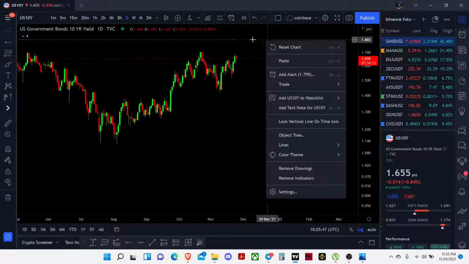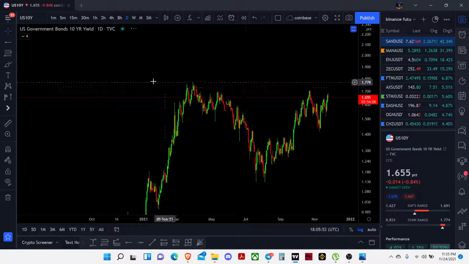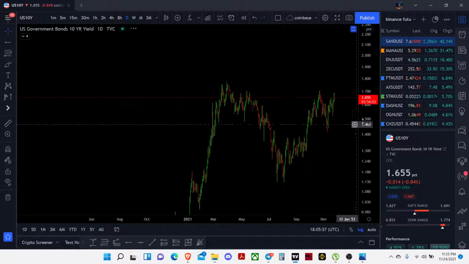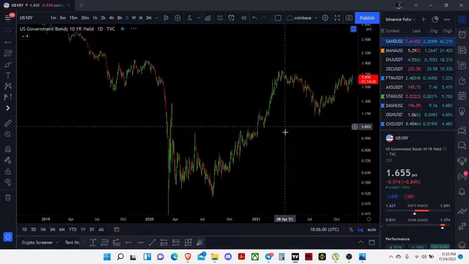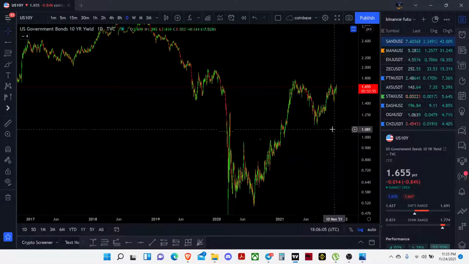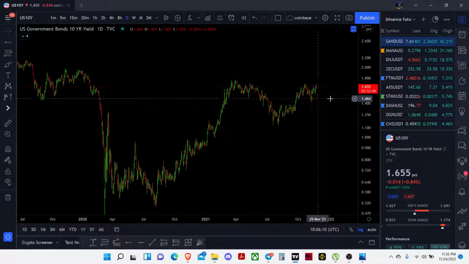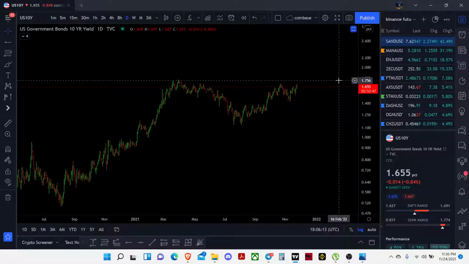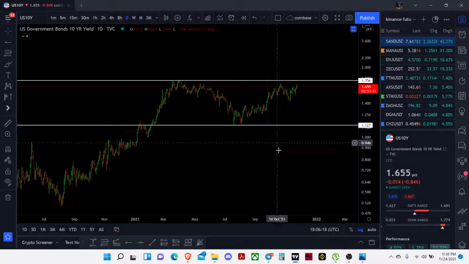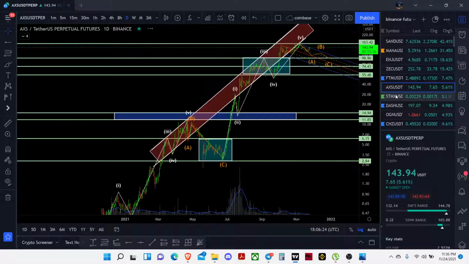So this thing is pumping, and looking at this, you can see some kind of a bullish pattern over here. It's like a cup and handle pattern, breakout, and this kind of stuff can continue its move back down, move back up. So this is a cup and handle like pattern, consolidation, breakout, and forming another resistance over this region, support over here. So it's moving back and forth between that.